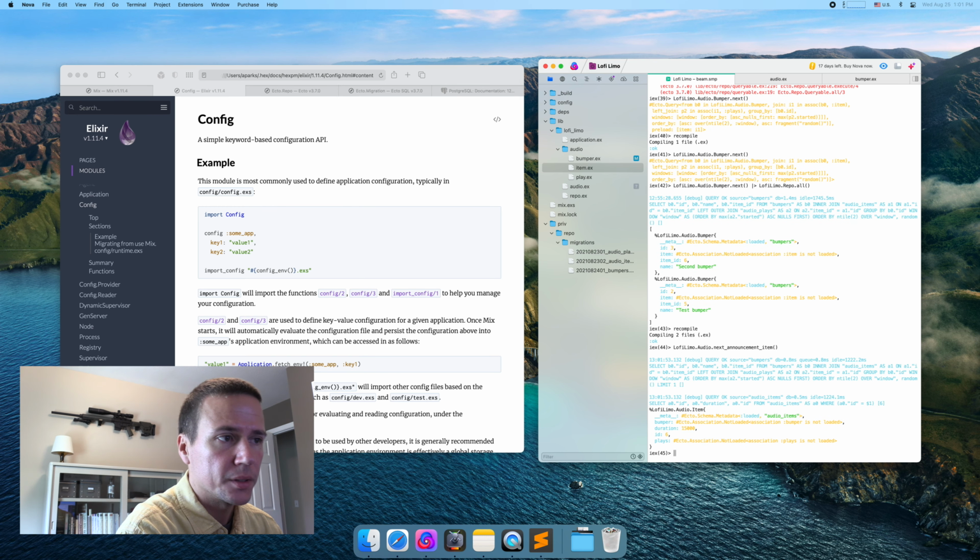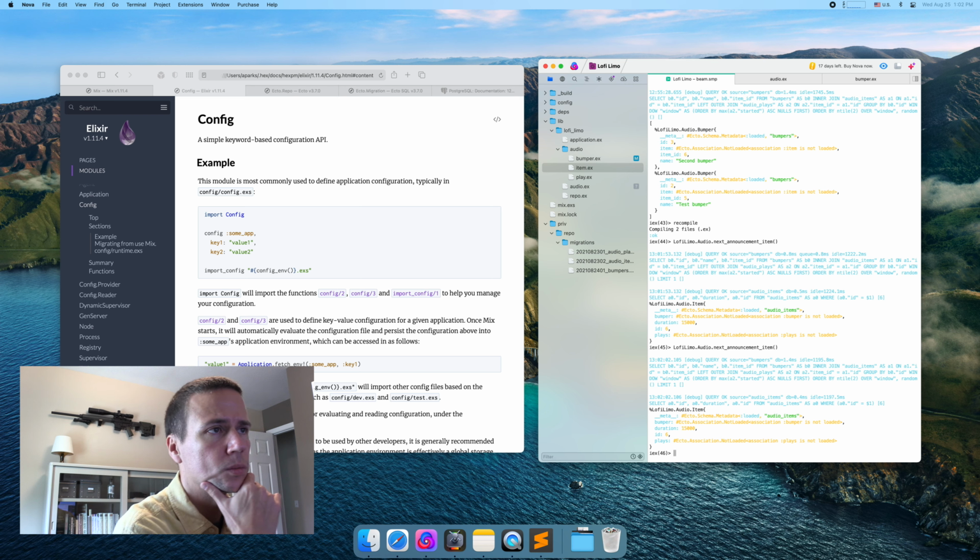How's that come out? Yeah, cool. It's getting us the bumper that hasn't been played, so I think that's good. Yeah, I like that. Cool. So